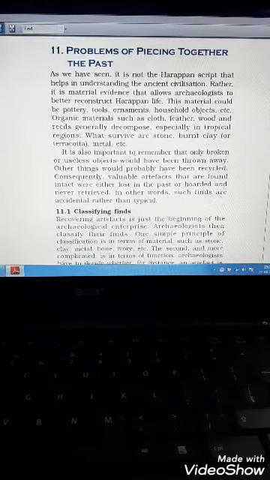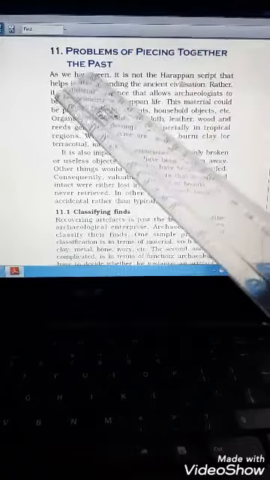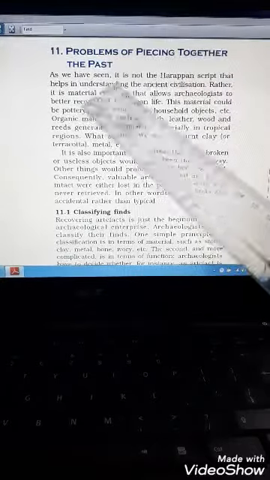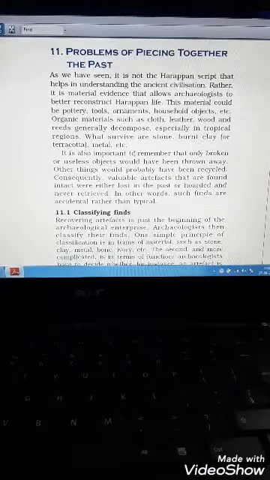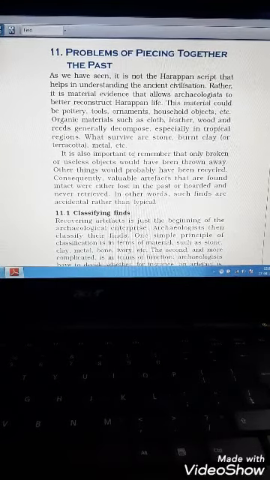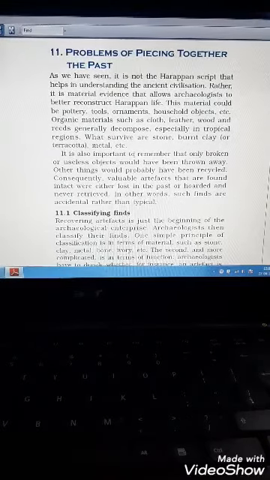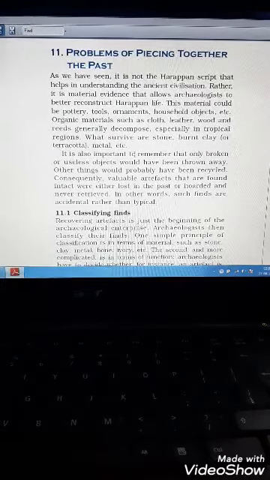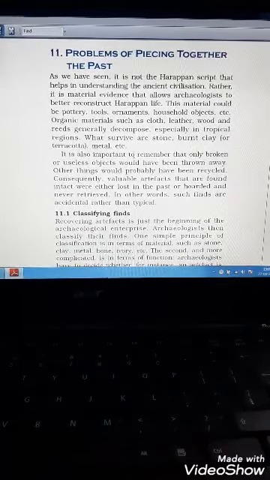Now, today, students, we will start with the topic: problems of piecing together the past. Here, the problem was that whatever evidence was collected had to be placed in a proper chart. They found it totally difficult to reconstruct or know about the past. Whatever Harappan script was found was not helping us to understand the ancient civilization,